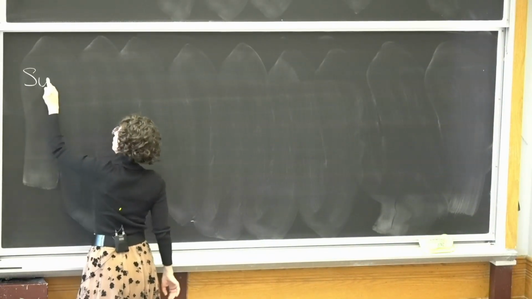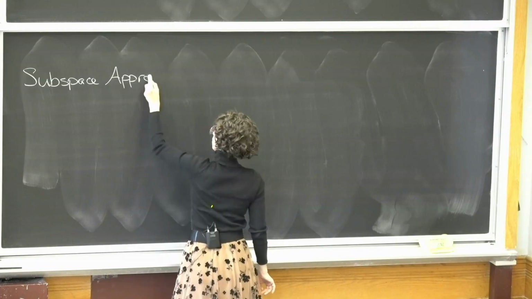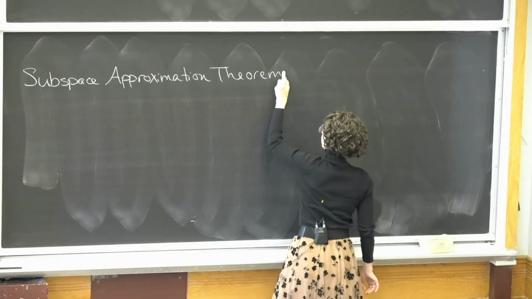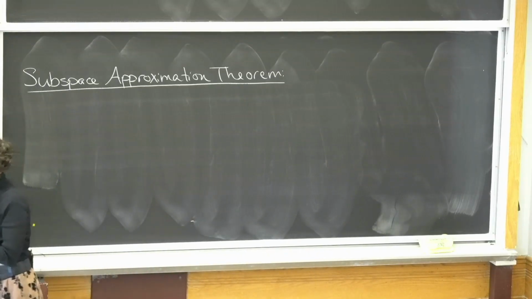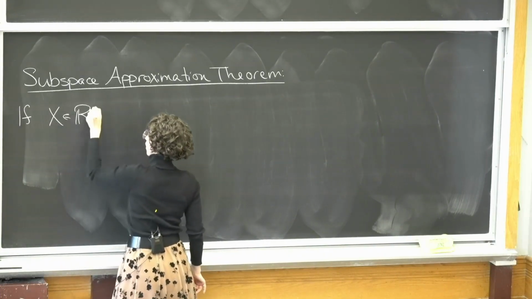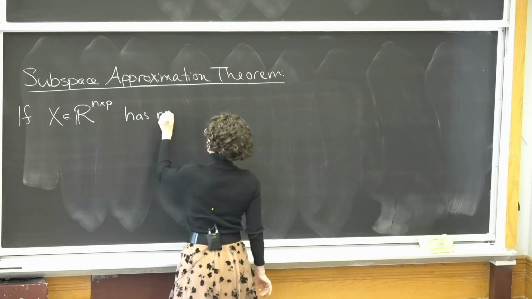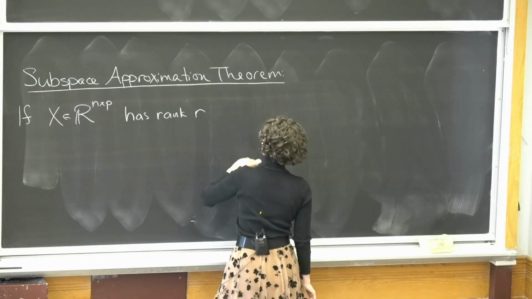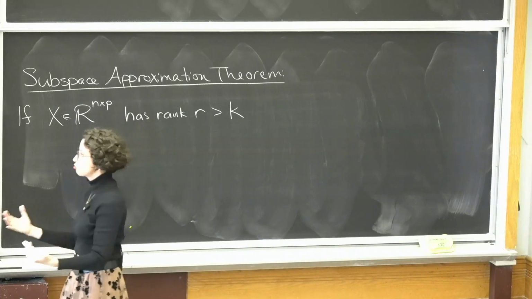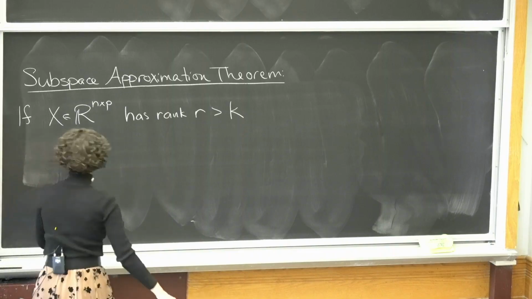Okay, so this final thing we're going to do today is talk about the subspace approximation theorem. So we're going to have a matrix X that has n rows and p columns. And if it has rank R, and that rank R is bigger than some number K, and we're going to do some truncation to the top K singular values and singular vectors, then